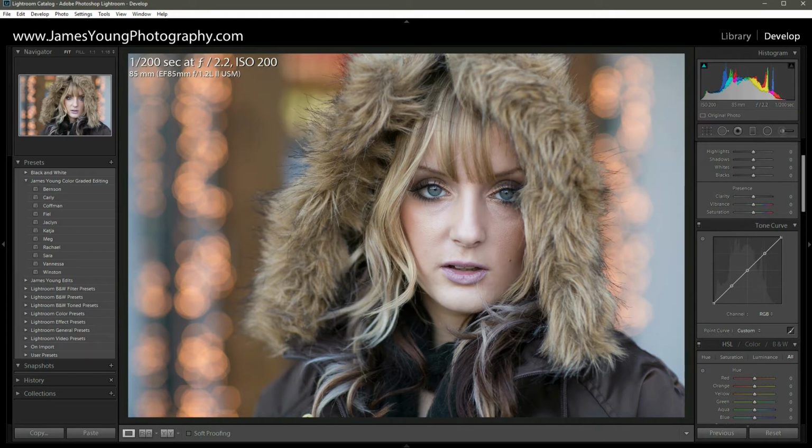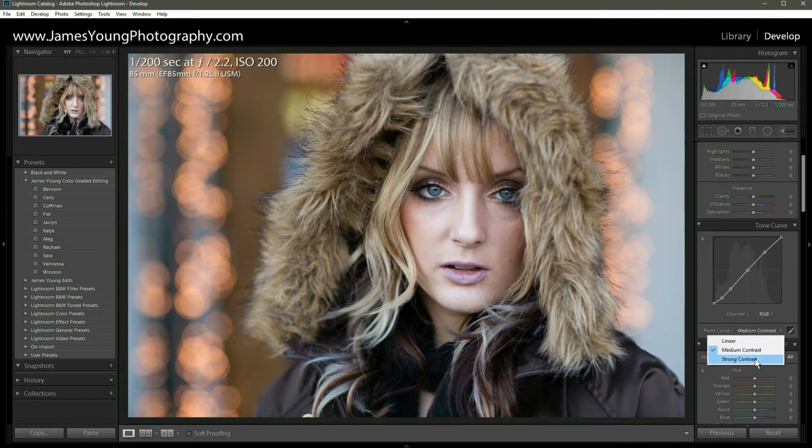Now, when I'm doing my edits, the first place I like to start is the tone curve when I start making my first batch of initial changes. And you can see this label here, point curve, and right now it's set to custom because we have made a couple adjustments here. Let's click where it says custom, and it's actually a drop-down list, and you can select linear, and this is basically what you get when you import your picture. This is like the absolute vanilla tone curve. Nothing's changed here. But again, where I like to start is with medium contrast,